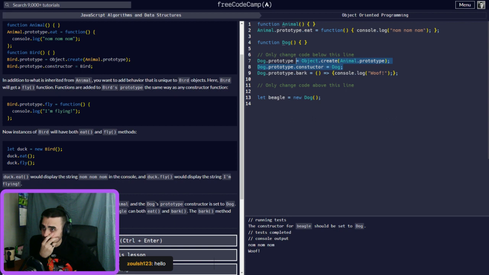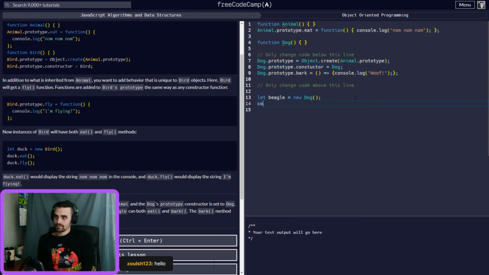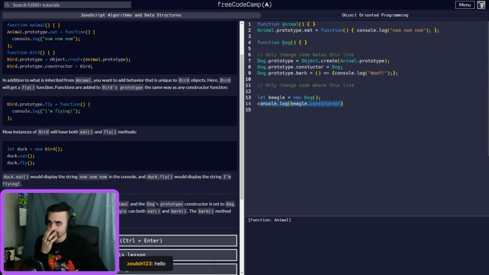That doesn't make sense, because we did this. We changed the structure, right? What if I did log beagle, animal? Ugh, okay, so it is. What a crock.